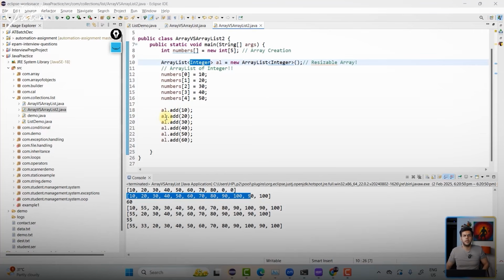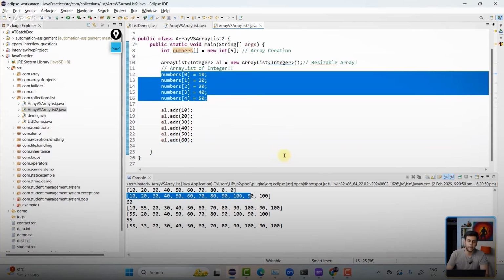Collection is going to store collections of objects. It cannot work with primitive values. It will only work with objects. So there is a difference between this 10 and this 10, this 20 and 20, and so forth. Now, over here, this is how you add the data in an array list.